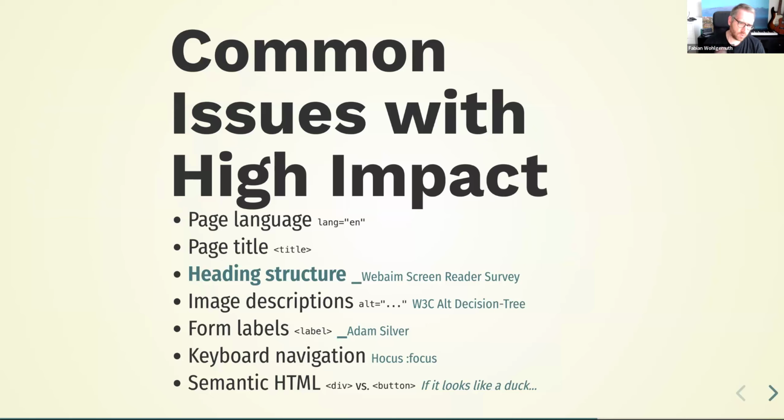The first two in this list, page language and page title, are usually the things a user using assistive technology gets to know first when visiting a page. So the page title usually is announced by a screen reader.